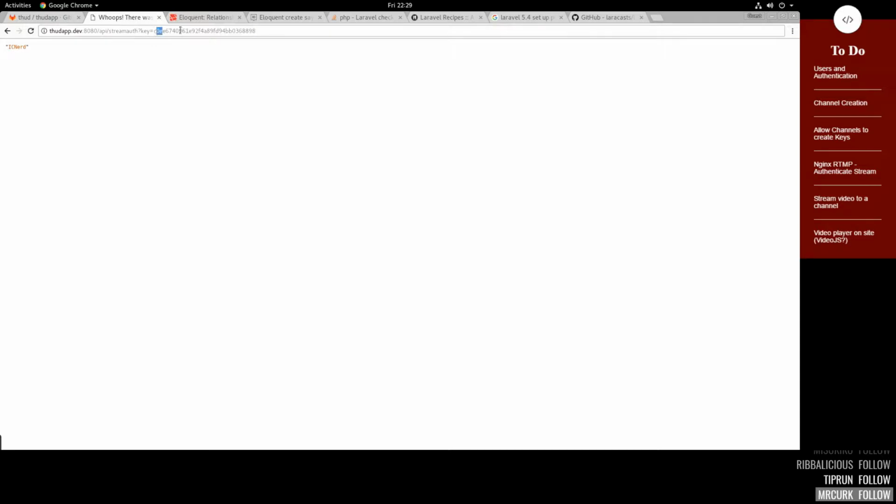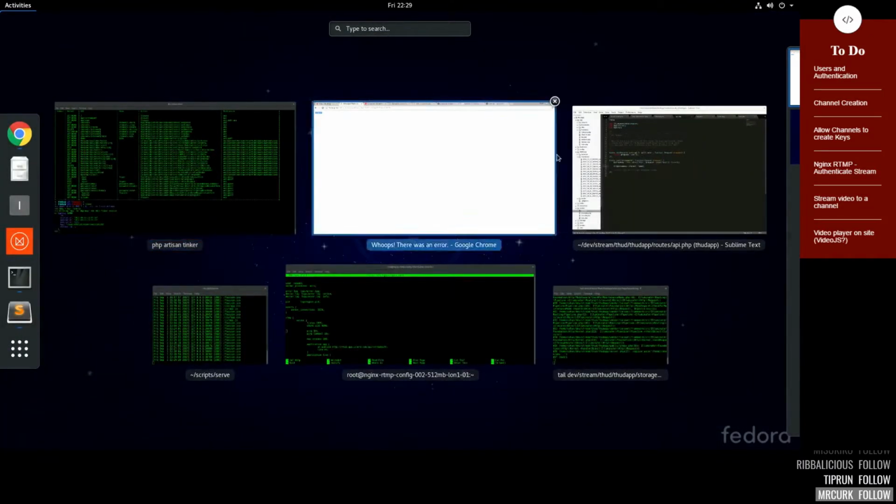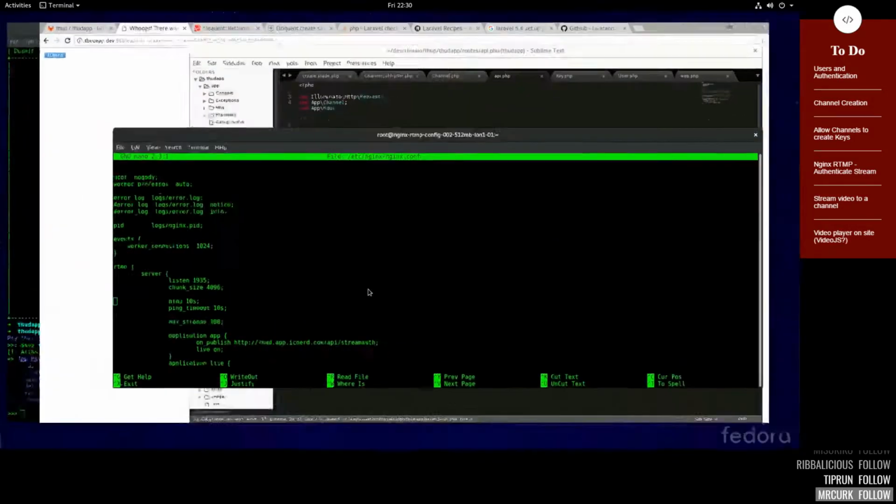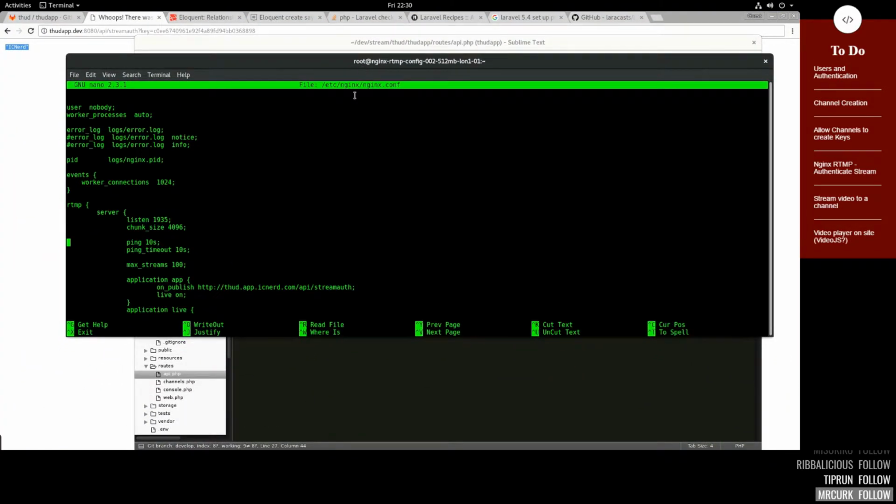So now we're able to do that, because obviously that's the key, just a little horrible MD5 string that we set up earlier, just for sake of ease, and we're getting the channel name from it, which is good. That's what we need. So now we need to redirect to /live, and it's actually the slug, not the channel name, that we need, which when we flick back to the Nginx config,